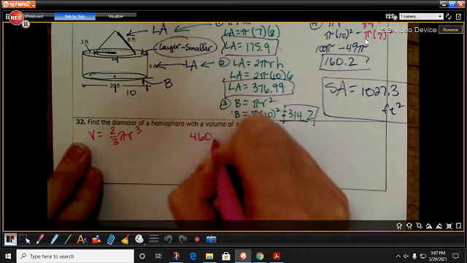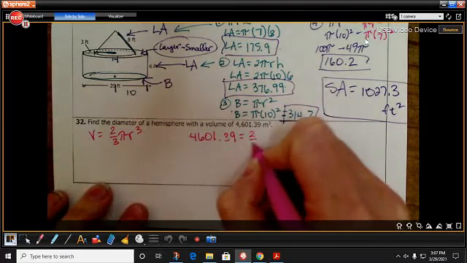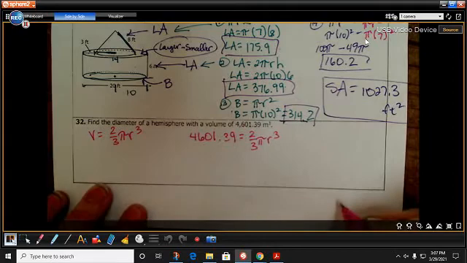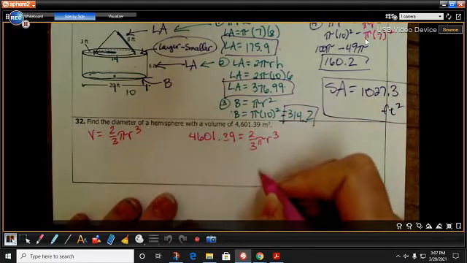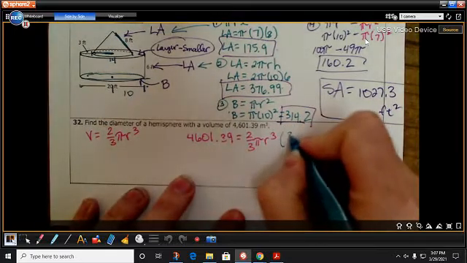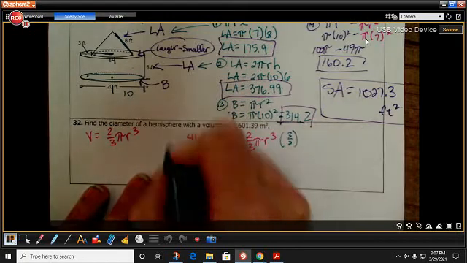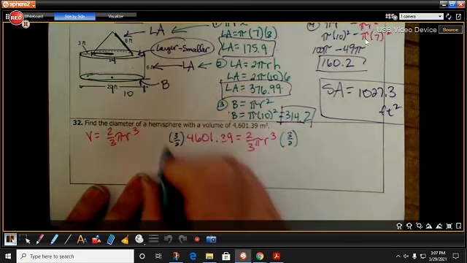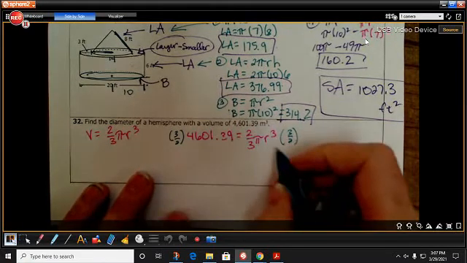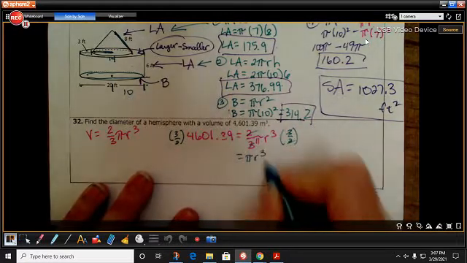We're going to take this 4601.39 and say that's equal to 2/3 of pi r cubed, whatever that is. And so then we just work our way backward. To get rid of the 2/3, I'm going to multiply by 3/2 because that's the inverse. But if I do it on the right, I'm going to do it on the left. So now I have them both. And so those will cancel and those will cancel, and I'm left with pi r cubed